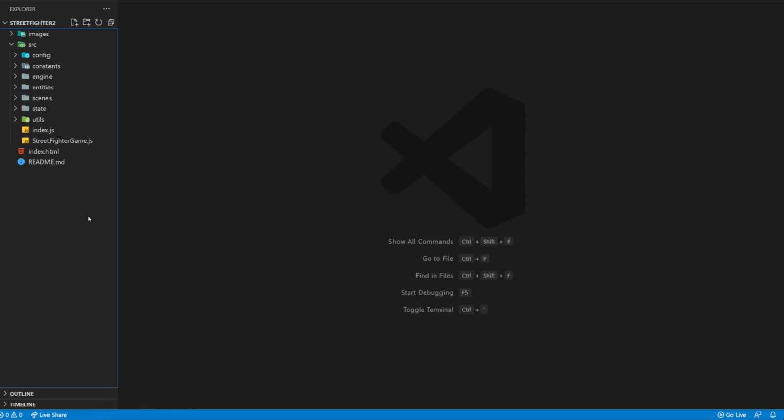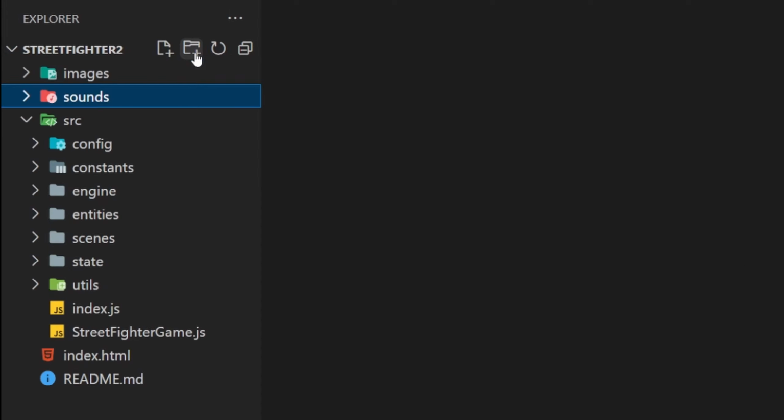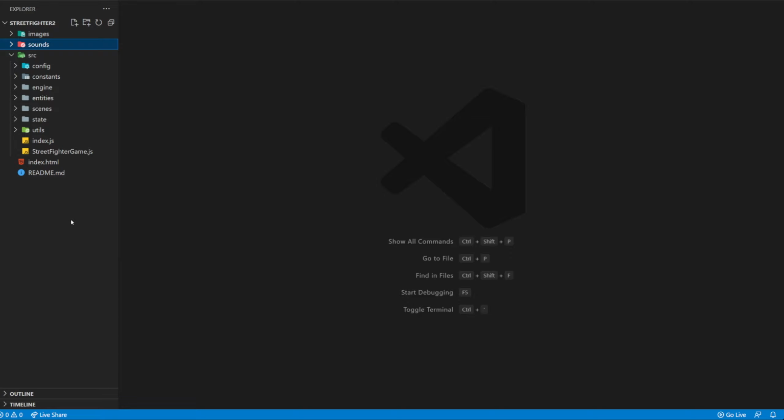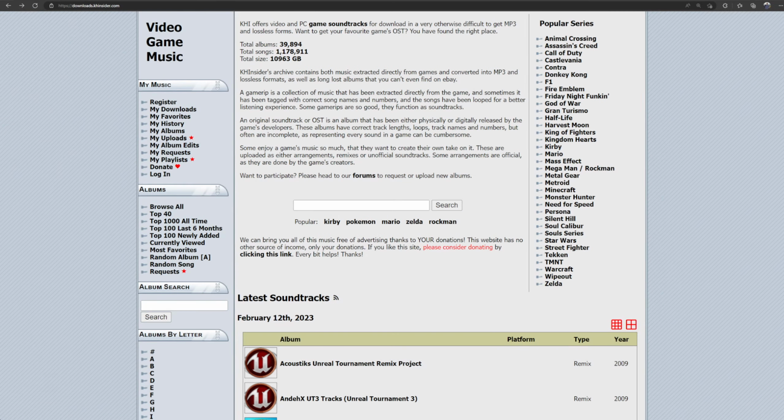As you can expect, this will be the location where we'll be storing all the audio asset files. With this in place, the next step is to actually source some of the Street Fighter audio files. We'll start with the stage background music first, and for this we'll jump over to Kinsider's video game music download